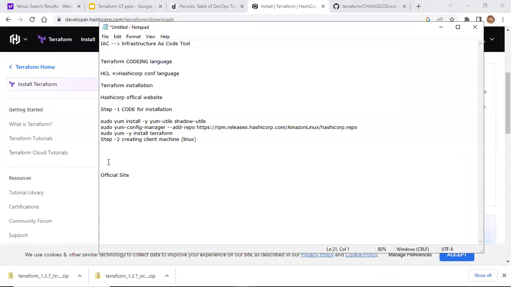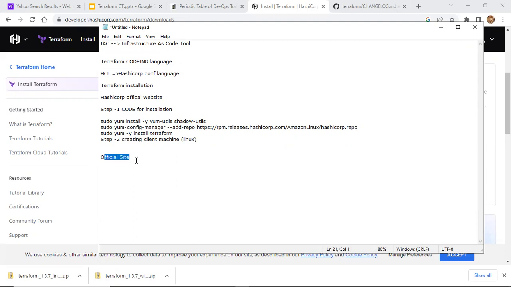So the tar xv setup is for tar files. Now we have unzipped the zip file, so we are using the command called unzip. Usually, in many cases, we have tar files, so in that case I have written the tar. So now we have done the installation both in Windows as well as in Linux.